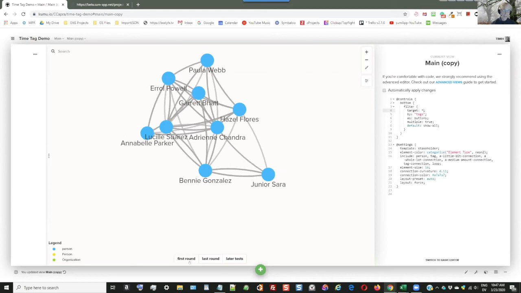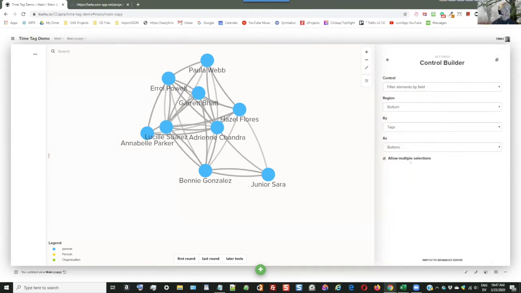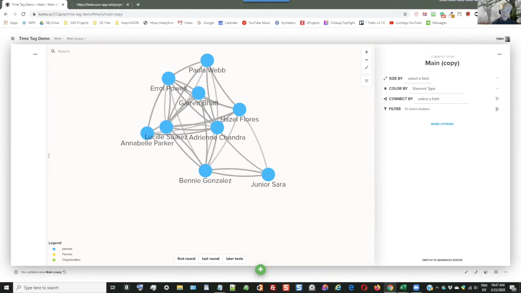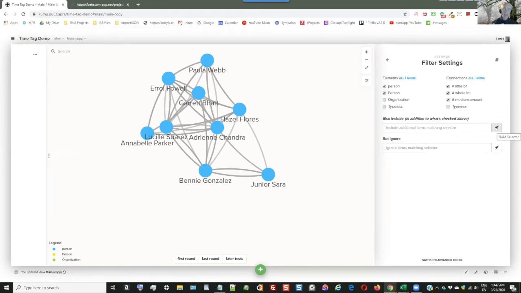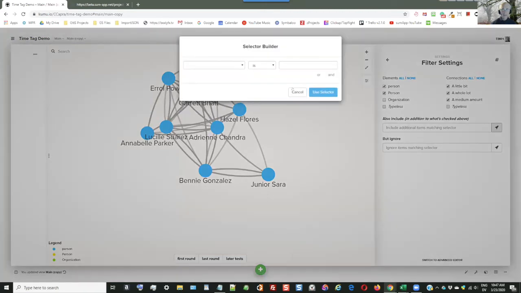So that's the easy way to create a time tag. I'm going to make one point. If you have a bunch of views, you probably only want to show the time tags on one view instead of all your views, because they add a lot of extra data and they will slow the view down. So if we go to the filter and go to the rocket here, this says just include these things on the map. On all the views where you don't want to show the time tag, you go to